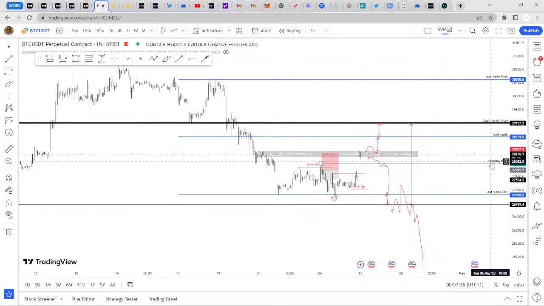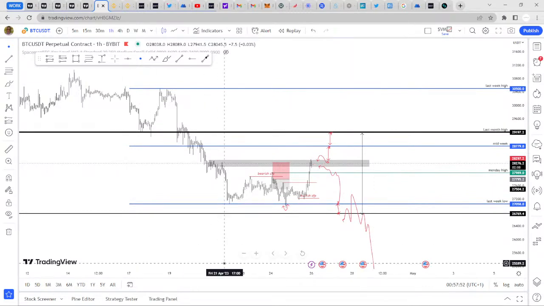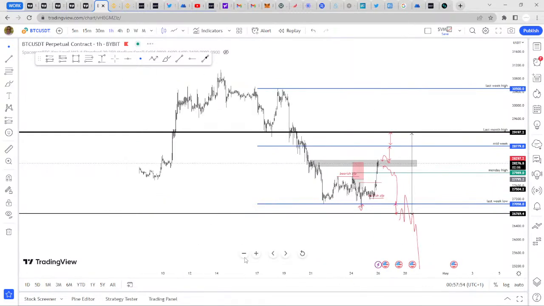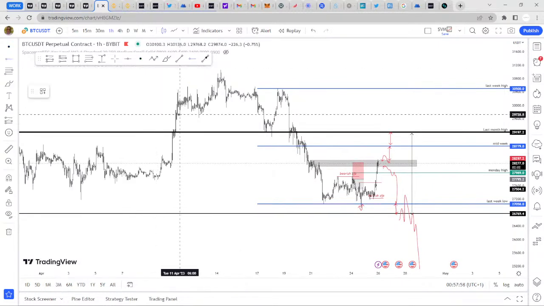So basically, this is the range we'll be working with, right? For now. So alternatively, if it breaks out of last week's high, we can look to take a long towards, let me mark that out. I'll take a long towards